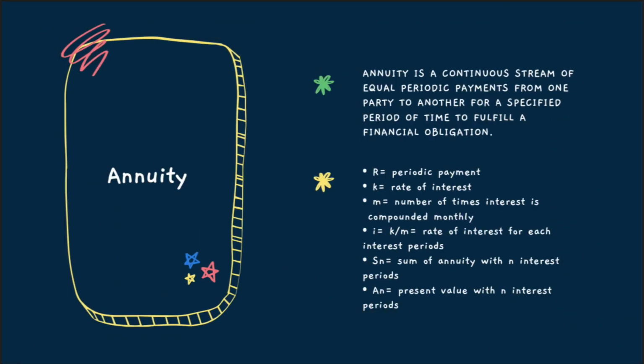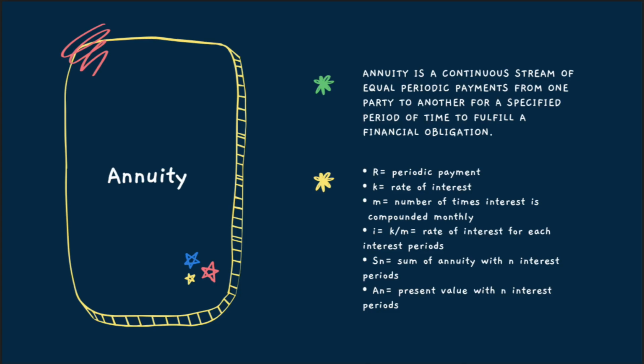What is annuity? Annuity is a continuous stream of equal periodic payment from one party to another for a specific period of time to fulfill a financial obligation. These are the terms that we have to use in annuity. R is for the periodic payment, K for the rate of interest, M for the number of times interest is compounded, monthly here, and this can change to annually, quarterly, etc. Next, I equals K over M for the rate of interest for each interest period. S is for the sum of annuity with an interest period, and the last one is A for the present value